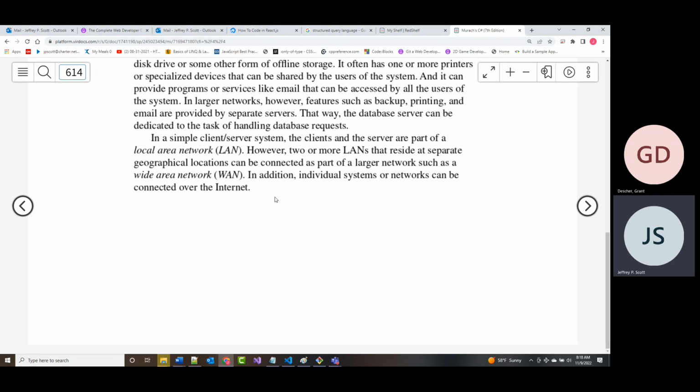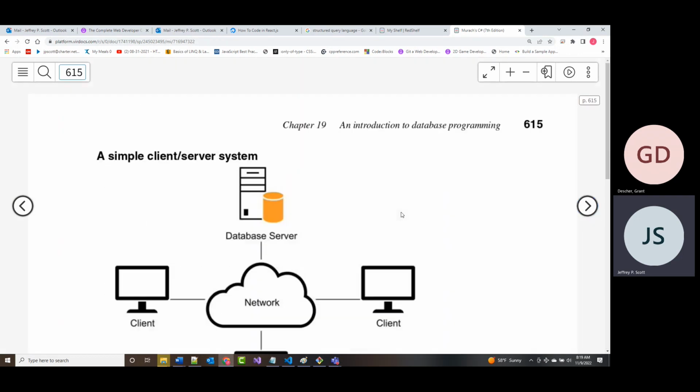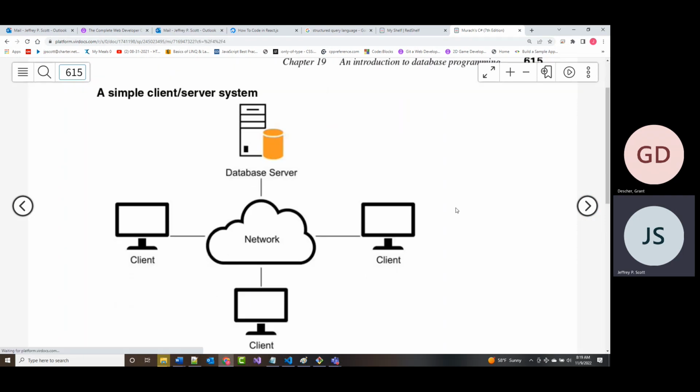All right. Now, we talk a little bit about that in the class you'll take in spring in the web development technologies class, but this isn't a hardware program. All right. The only reason I'm bringing that up is again, that stuff may or may not be on your written test. I don't know. So they show here an example of a simple client server system where they say the network